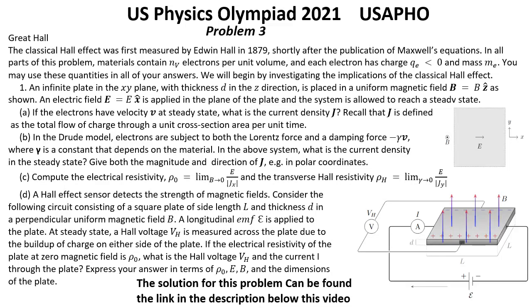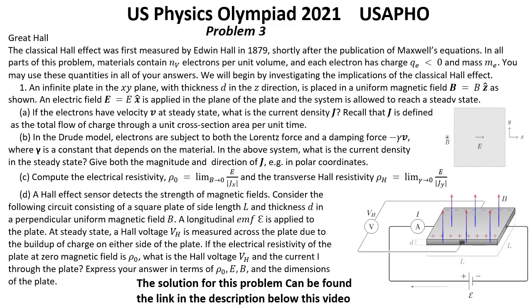US Physics Olympiad, year 2021, USAPHO, final round. Problem number 3. Great Hall. The classical Hall effect was first measured by Edwin Hall in 1879, shortly after the publication of Maxwell's